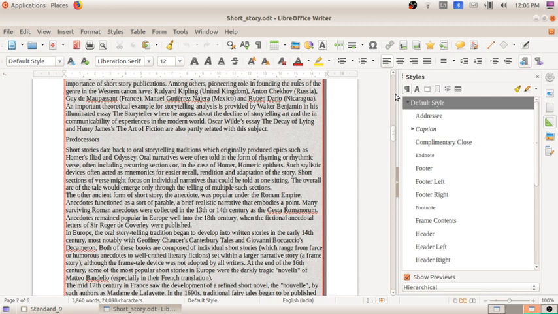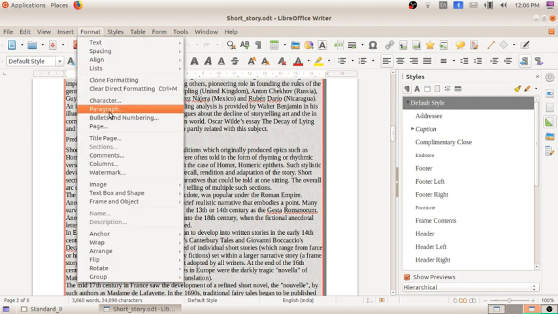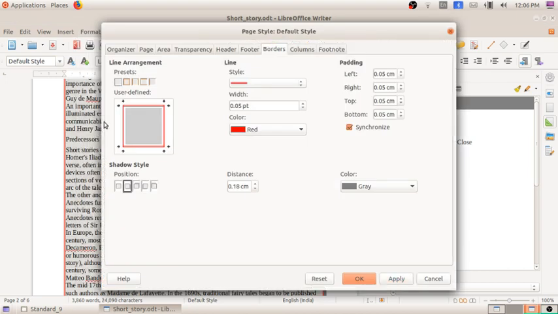This is activity 2.3. Let's provide borders. In the Format menu, in the Page option, again go to Borders. You can see here an option Padding. That means if you want to provide space between the border and the words, that is also possible here.